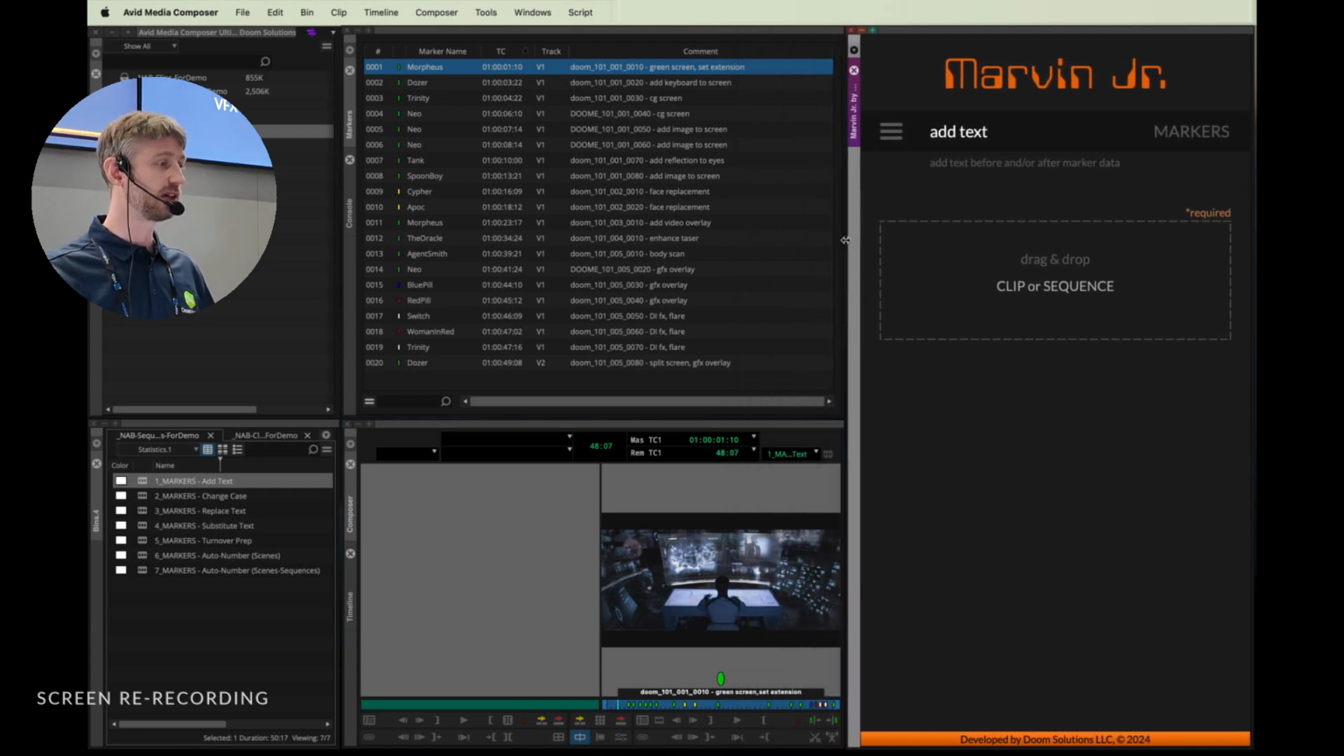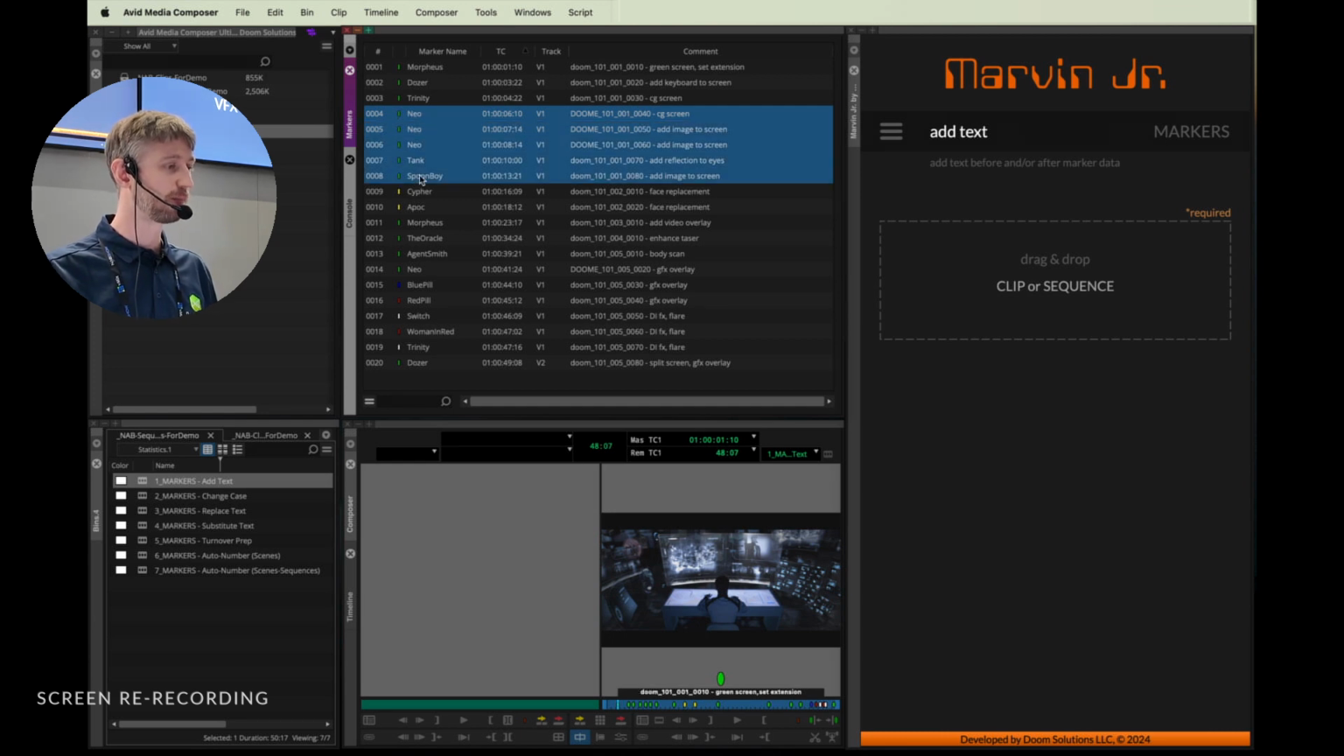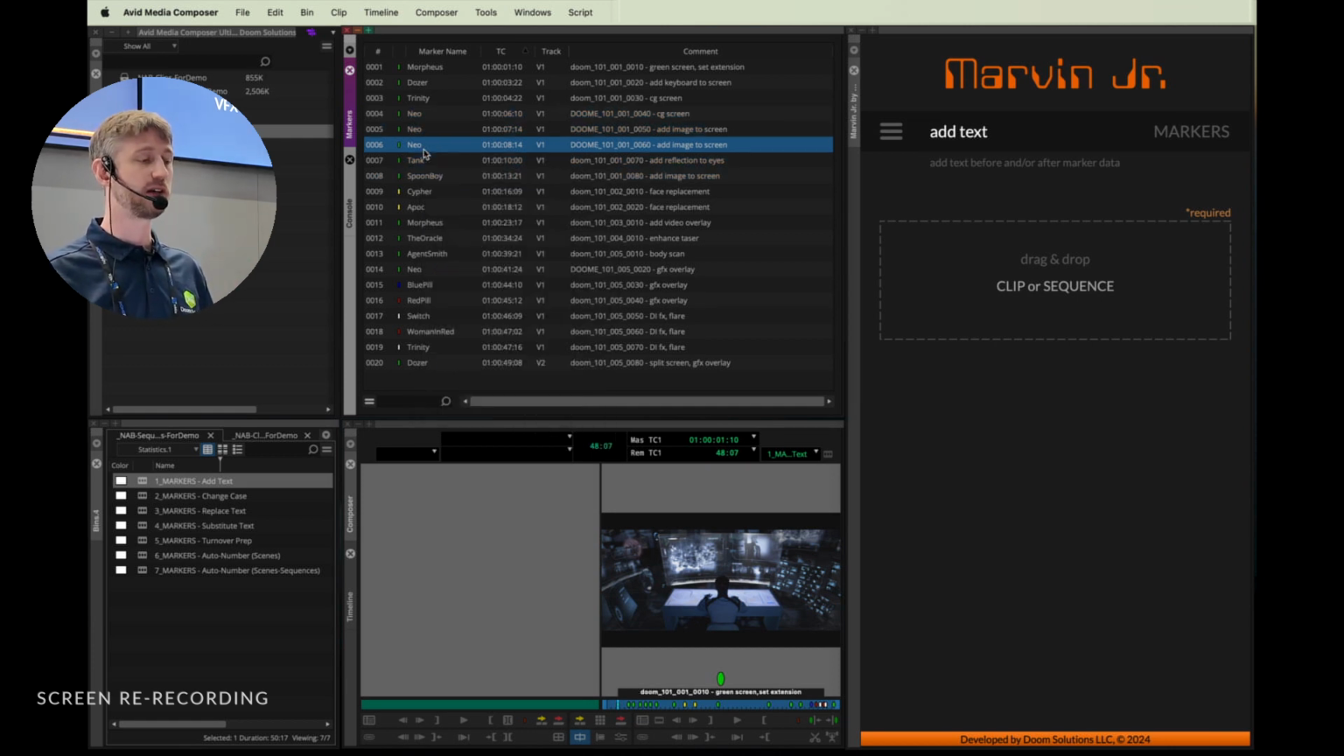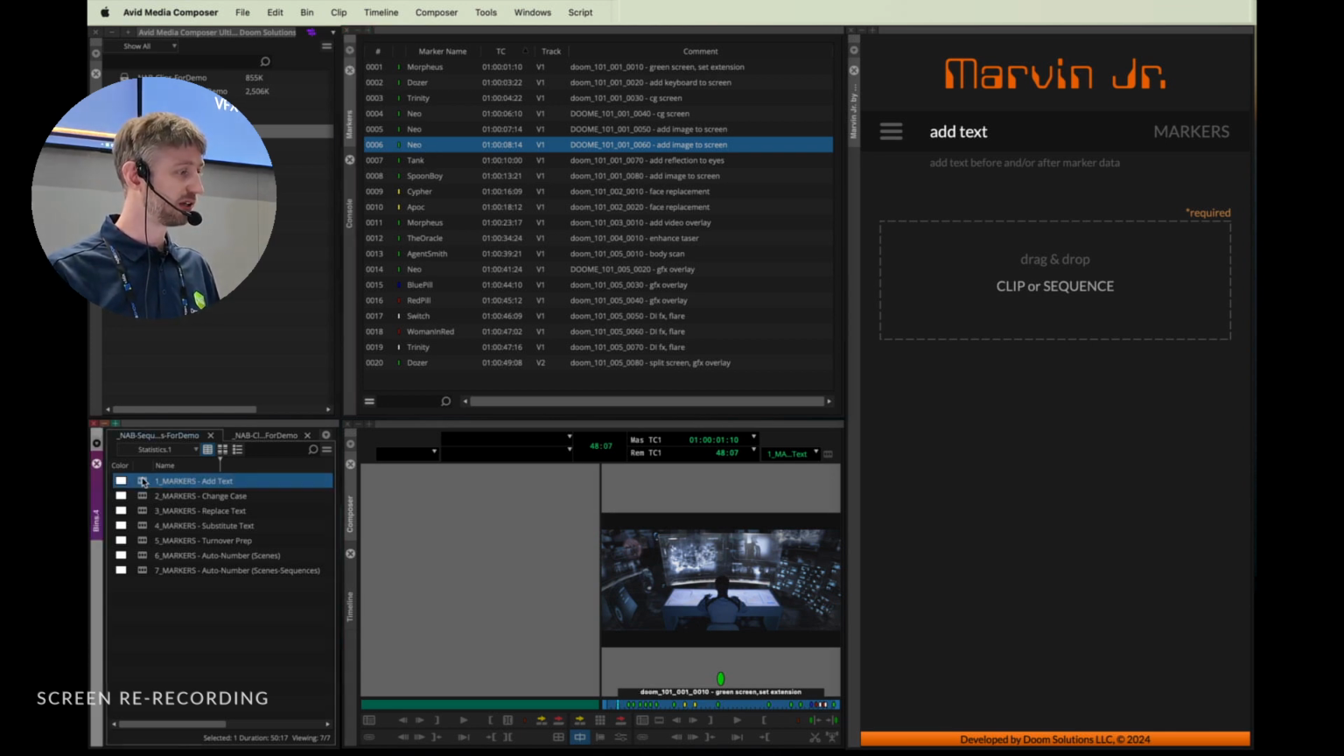So we all know that you can select a group of markers, right-click on them, and change the color or the track very easily, very quickly. That's great. But what about everything else? Right now in Media Composer, you can't en masse change any other data, any other marker data that you may want to modify. So I have my sequence,